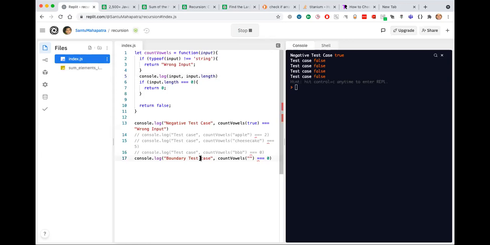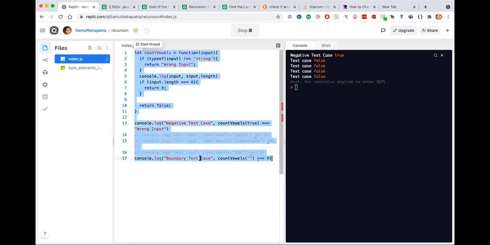Someone is saying copy everything and reload page. Okay, let's do that.